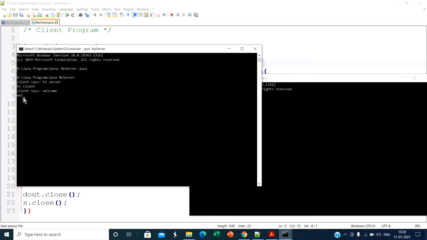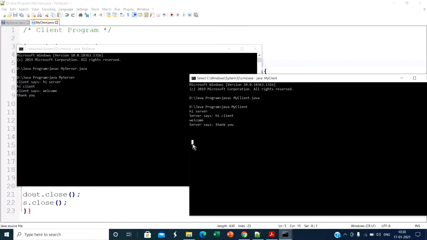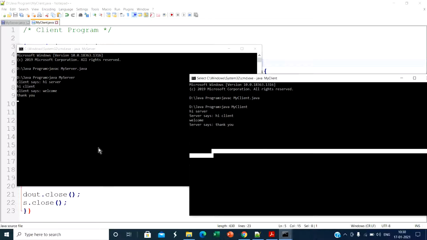Then the client said "thank you", and that message is also received on the server side. So in this way we can create the chat application.